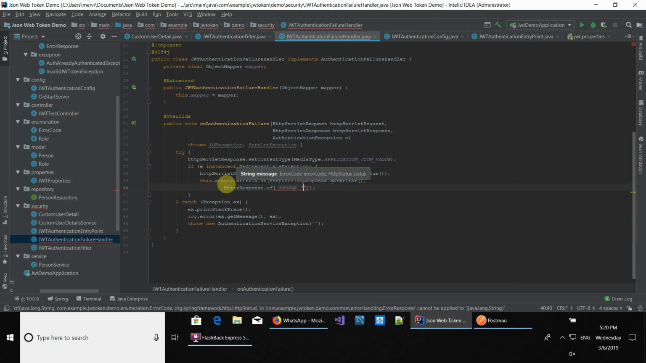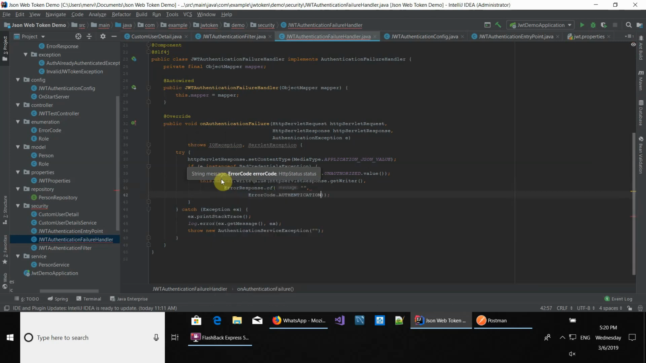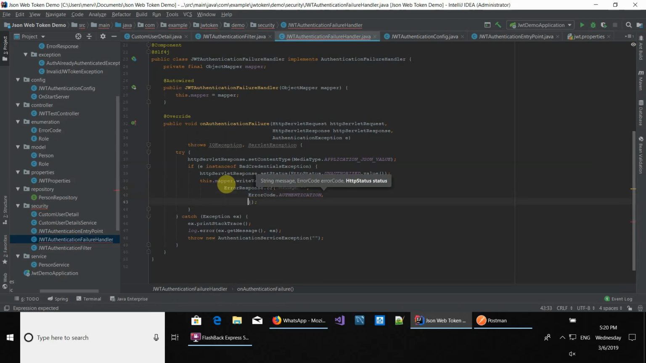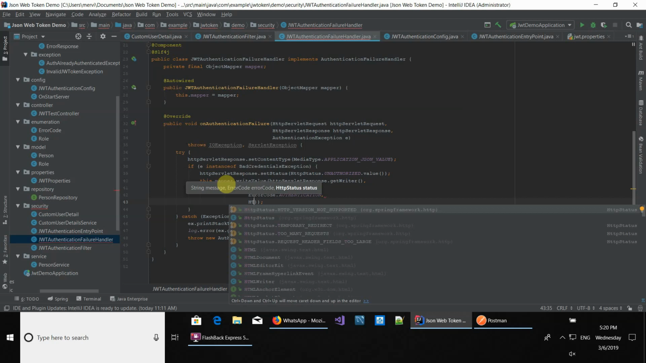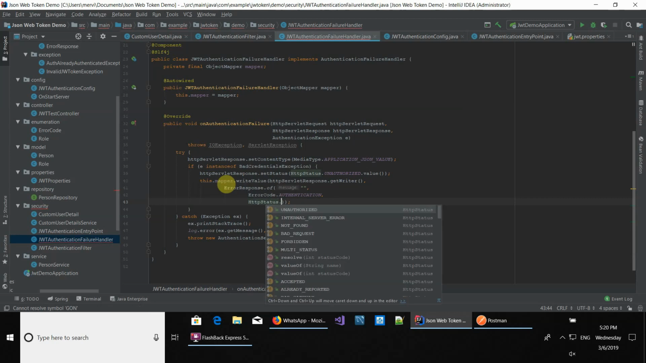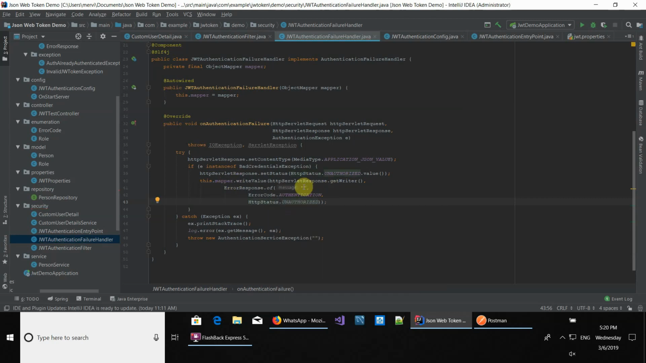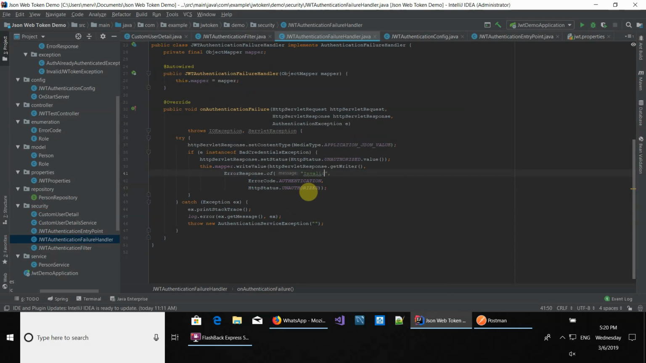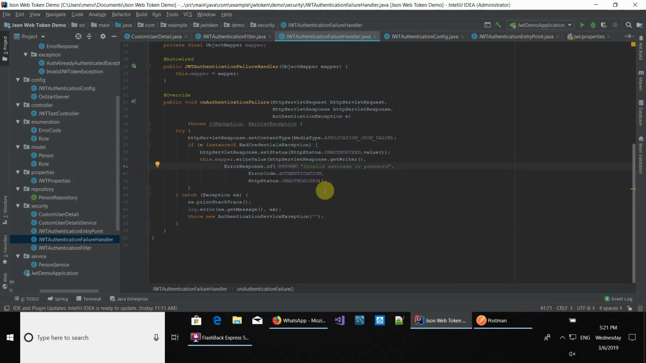So with a message, with the error code again, and this is going to be authentication, because it's an authentication error. Okay, status, that's unauthorized, and this message is going to be invalid username or password. So whenever there's a bad credential exception, you send a message that there's invalid username or invalid password,